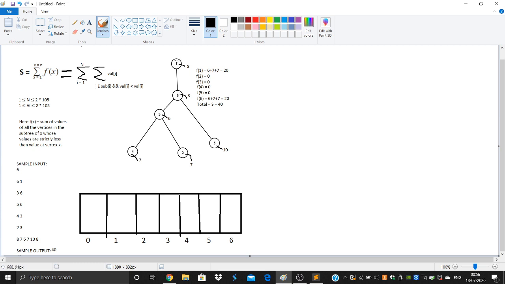And then similarly we start DFS at 1 and visit all the children present, basically visiting all the nodes that are in its subtree, and we would again end up with 20.